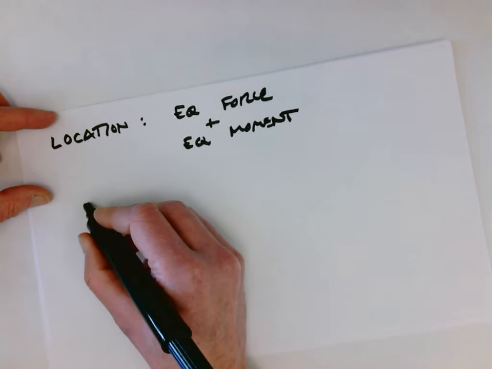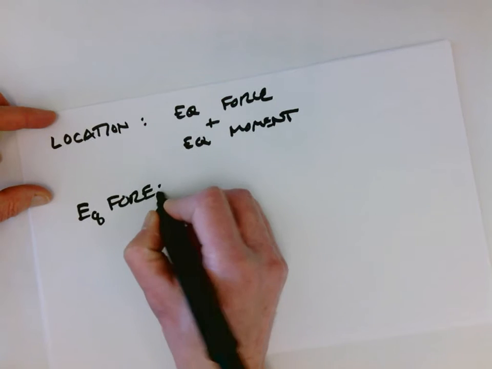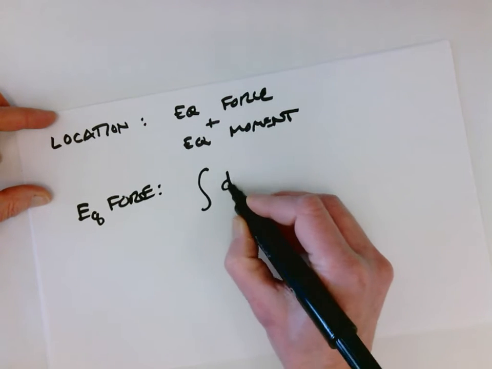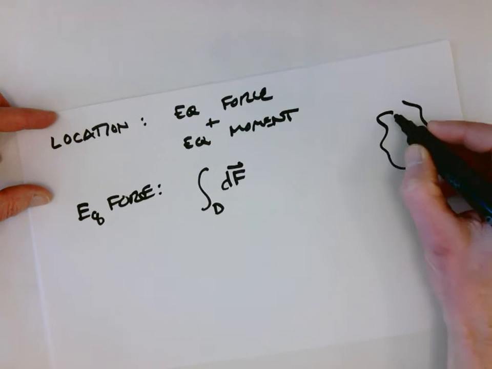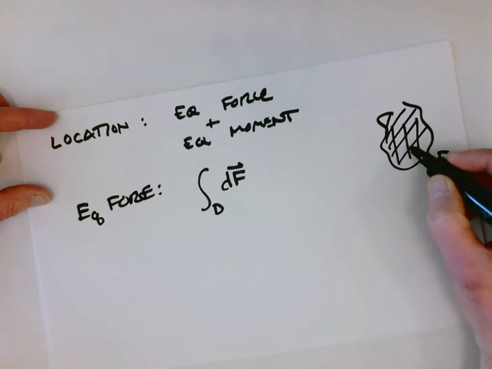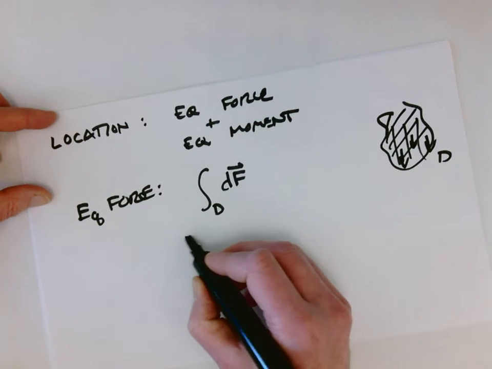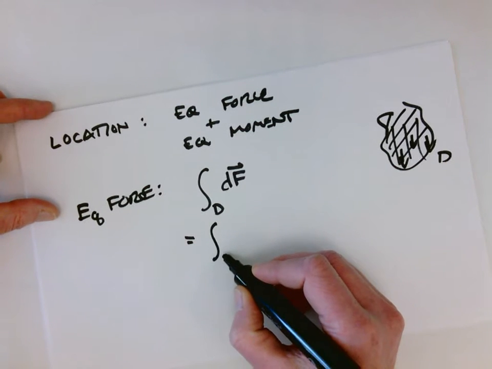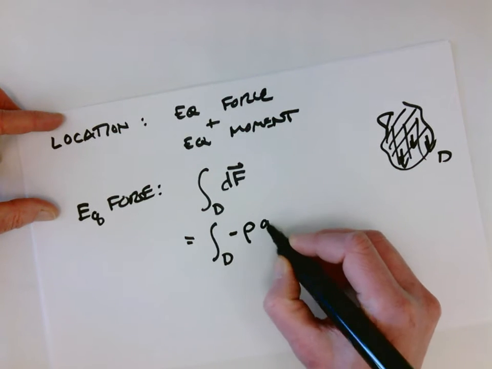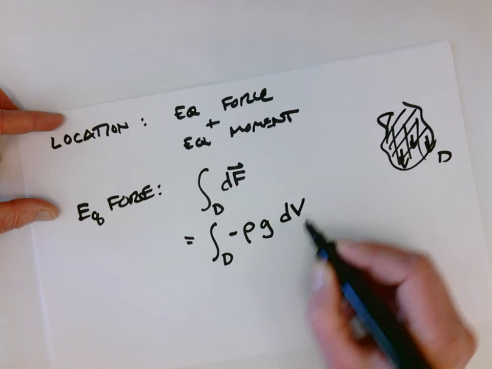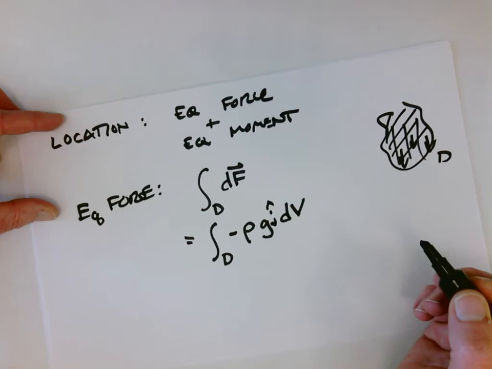So if I actually think about what the equivalent force is, the equivalent force for gravity, I'm simply going to integrate over the entire domain dF, right? So I've got some object, it's got a bunch of chunks inside it. I'm asking the question, what's the sum of the forces on every single little chunk inside of that domain? And so when I write that integral out in a little bit more detail, I'm going to have minus rho times g times dV, because rho times dV is a differential mass. This will be in the j hat direction,